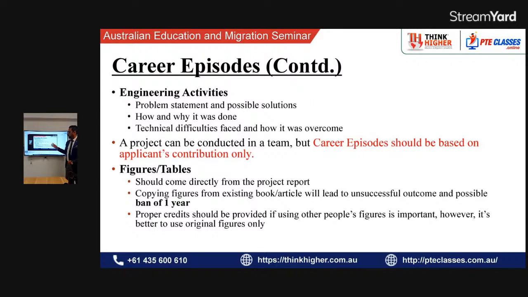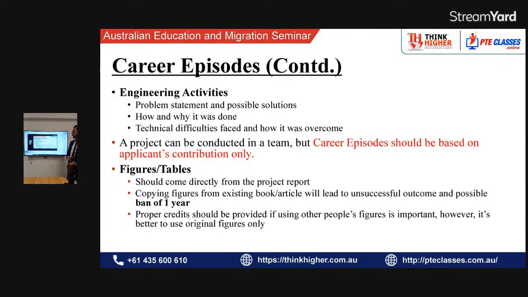So activities you need to write, and then whatever figures, tables or schematics you have, you need to put those in. Do not copy paste from Google, because they do a forensic check as well. Sometimes a few of my clients who applied themselves put in a schematic from 2022, a project recently launched by XYZ university, while they passed out in 2012. So the technology came 10 years later, and they put pictures from 2022 into a 2012 project, and they got banned for 1 year. That we don't want.